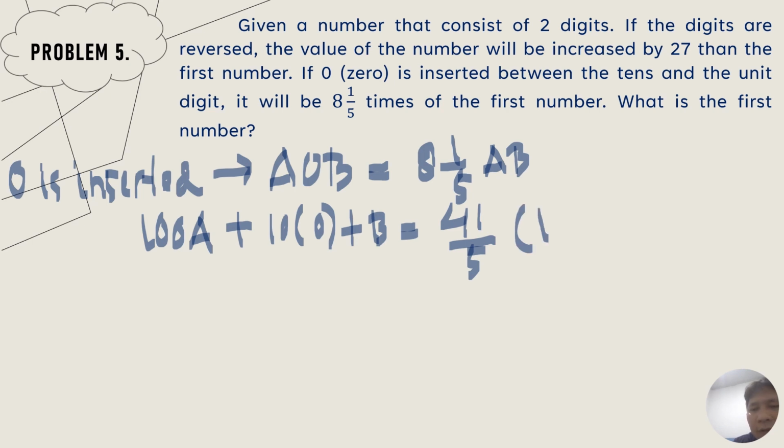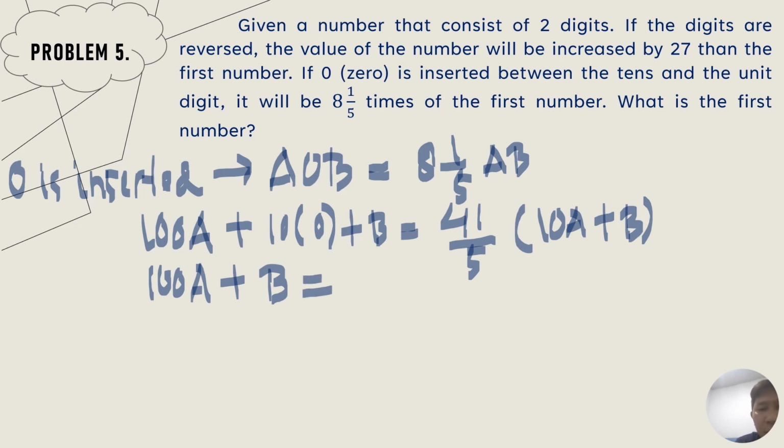AB means 10A plus B. Now we're gonna make it simpler. Here we have 100A plus B, because 10 times 0 will be 0, equals 81 over 5 times 10A